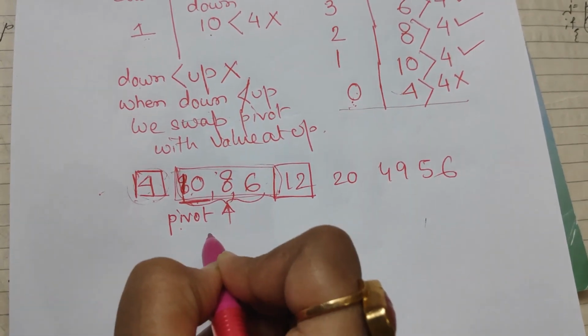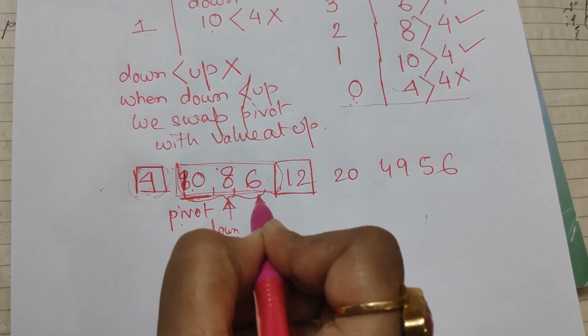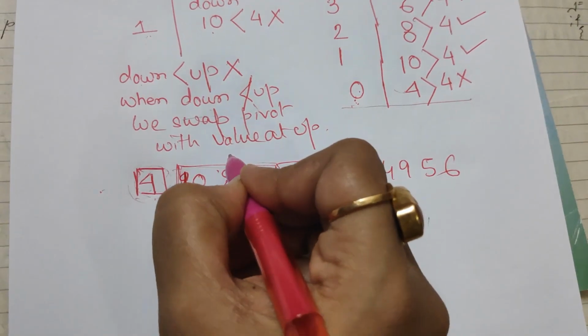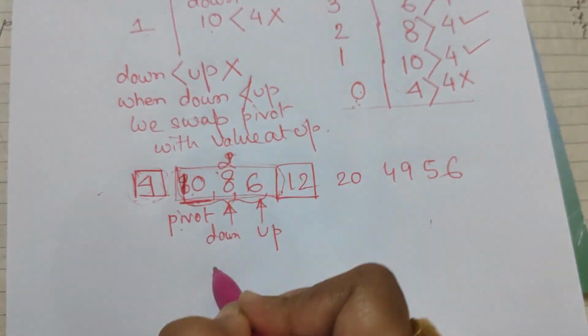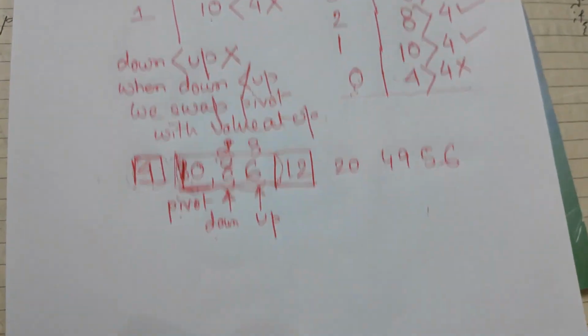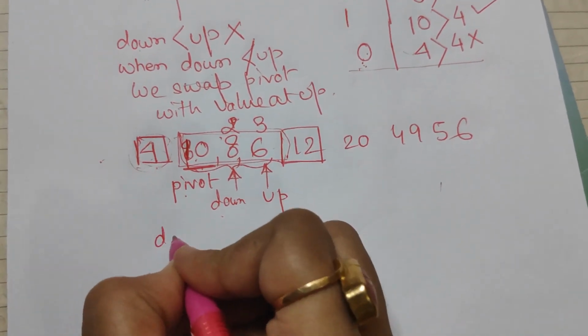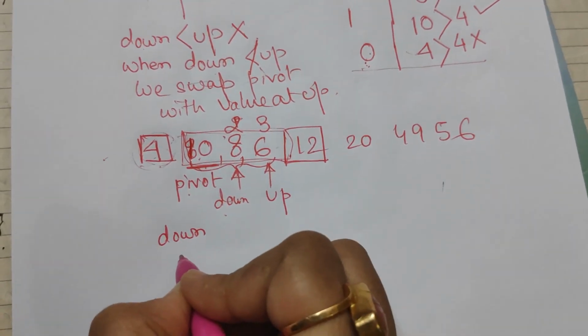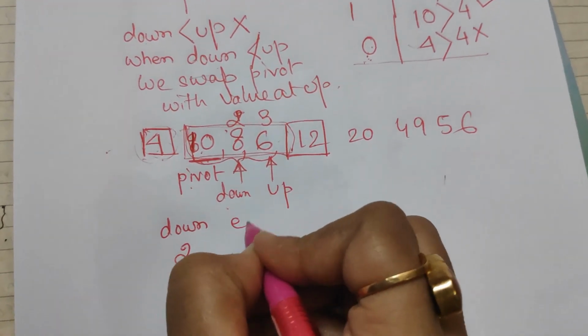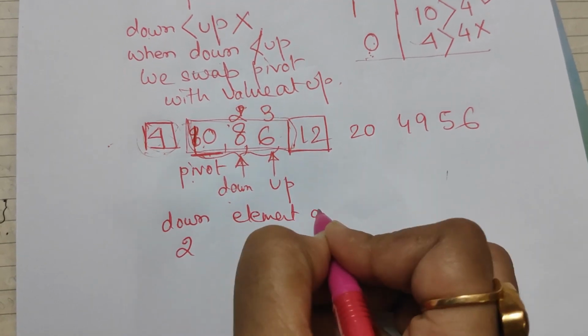8 becomes down and 6 becomes up. Means index number 2 becomes down and index number 3 becomes up. So again, let us draw the chart. The down index is 2. Element at down